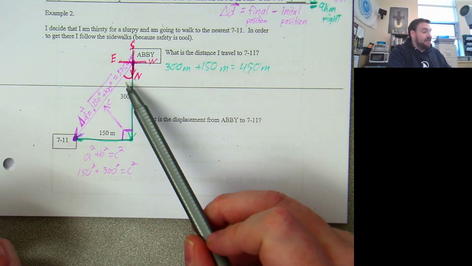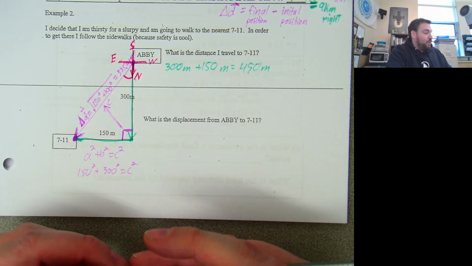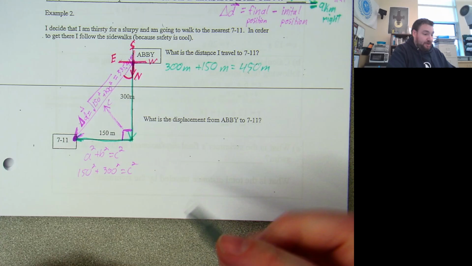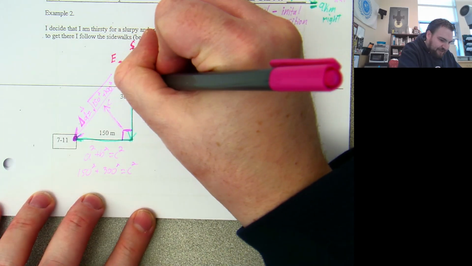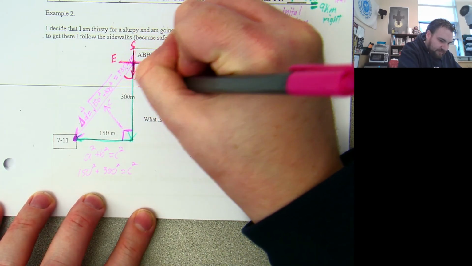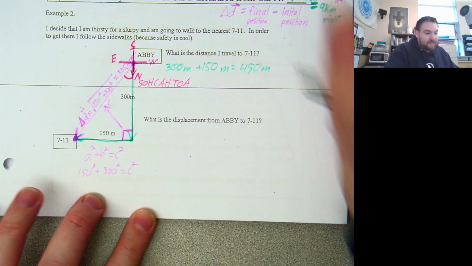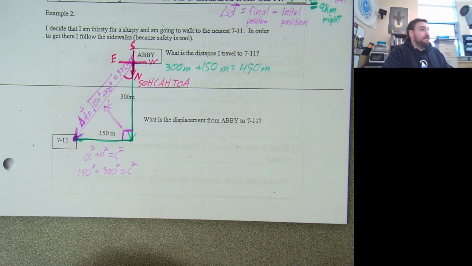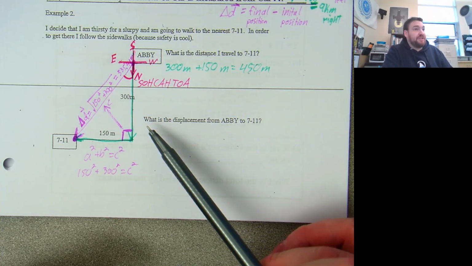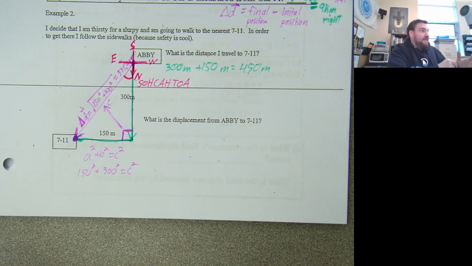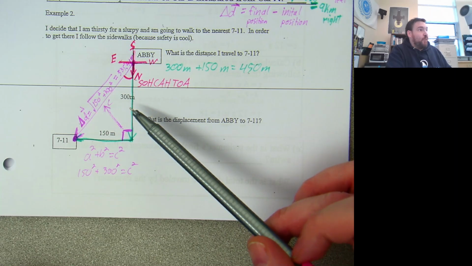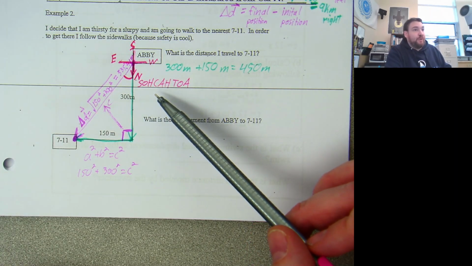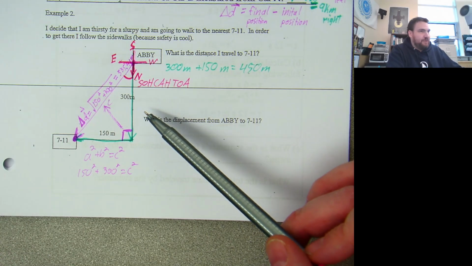How can I find what an angle is in a right angle triangle? It's going to use some combination of SOHCAHTOA, which I reviewed with you briefly in the first little unit. And when we use SOHCAHTOA, especially in physics, where we're actually finding displacements and things as much as possible, when you're using trig ratios, you actually only want to use information that's already been provided to you.